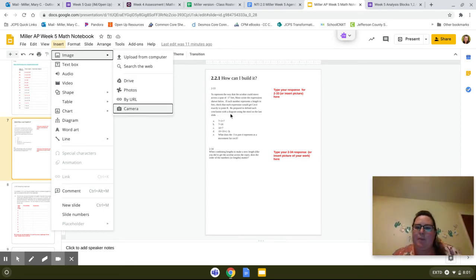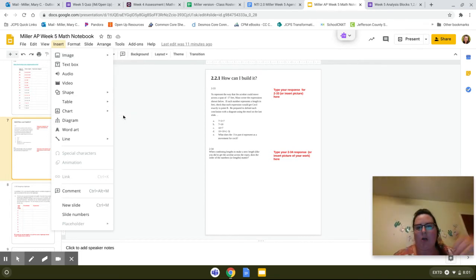And you're going to insert that picture right on here. If you need to add another slide afterwards, then just make sure it's clear what that work is for. If you're somebody that just wants to type your answer, if it's just writing, then that's fine. There's a couple times where your response is going to be more visual. And so you're going to want to insert a picture using the camera on your Chromebook or on your computer,